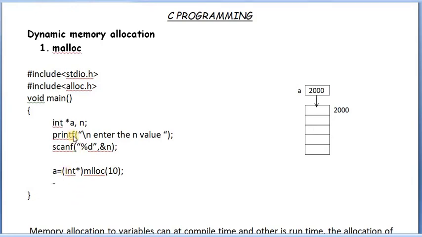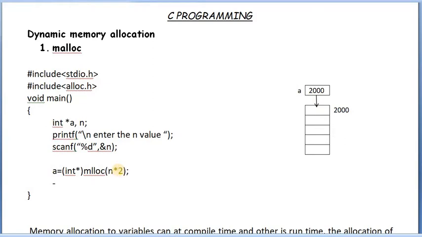If you write this here, what is the type of A? Int and star. This star operator is also included in the type. That type you have to write here. When you write it like that, the value returned by malloc, which is a void address, is converted into an integer pointer, an integer address, and then it is stored in A. Otherwise A can't store it.